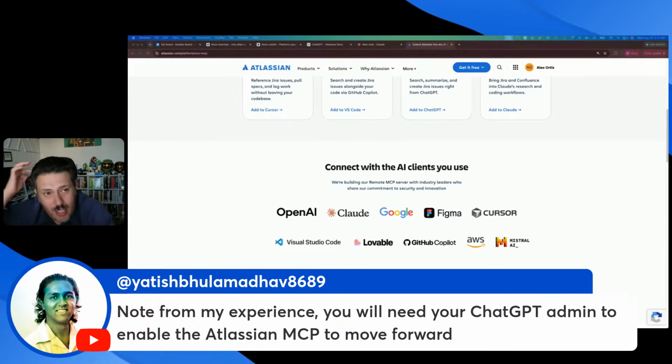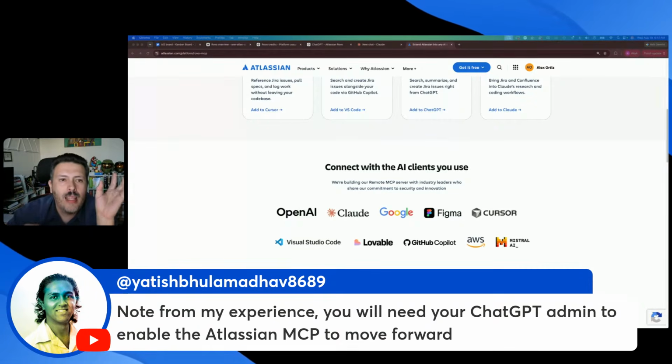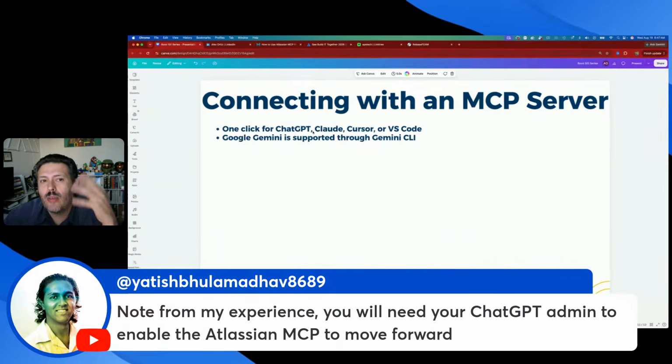Yeah. So that's a good call out. And I'm going to take it one step further, Yatish. Your ChatGPT admin is going to have to enable it on the Atlassian MCP side, and then your Jira admin needs to enable it on the Jira side. And this could cause some friction, right? This can cause some nervousness, especially if your company doesn't have any policies around MCP governance, which is, again, I'm